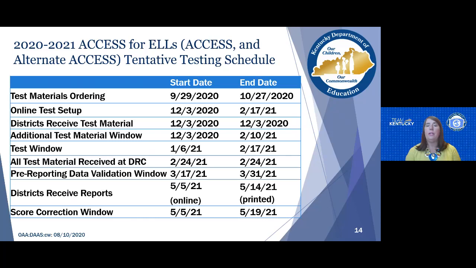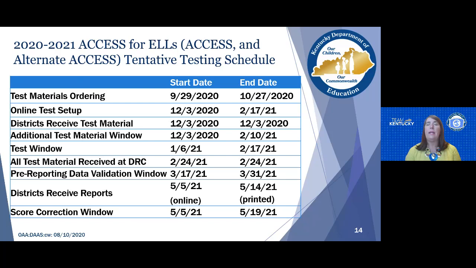Because during last year, we were able to complete ACCESS testing, and so we were able to get our scores. We were one of the lucky states to be able to get in before COVID-19 happened. And so we were able to get our results. You were able to write your program services plan, and then also go through